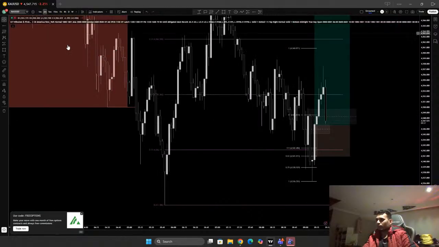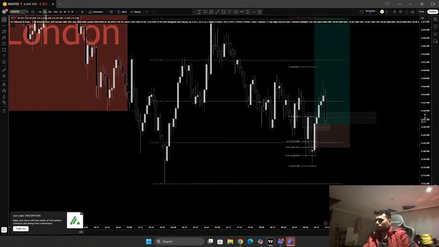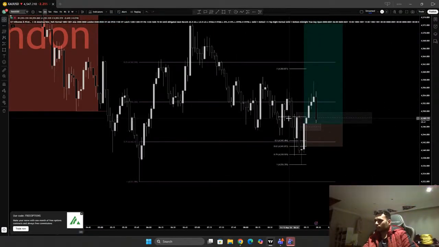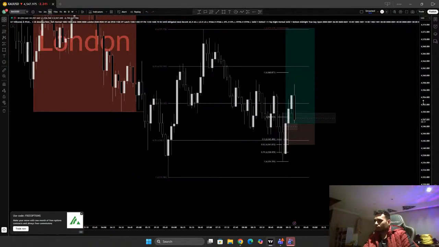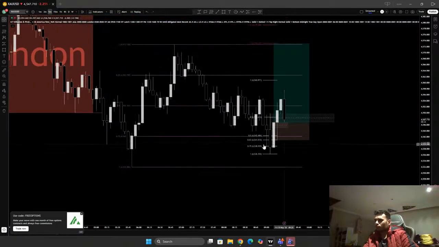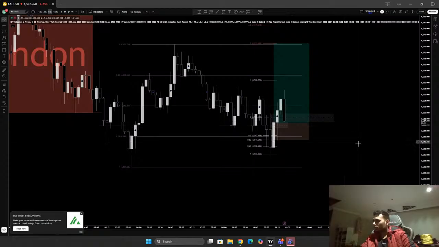5 minutes. If that 5 minutes, if that 3 minutes gets inverted, we are out of the game. If this 3 minute gets inverted, I don't like to be in this trade. 43 seconds, 1 minute. It's a 50% kill, close out the window. It's not a good sign, right? It's about to get inverted.